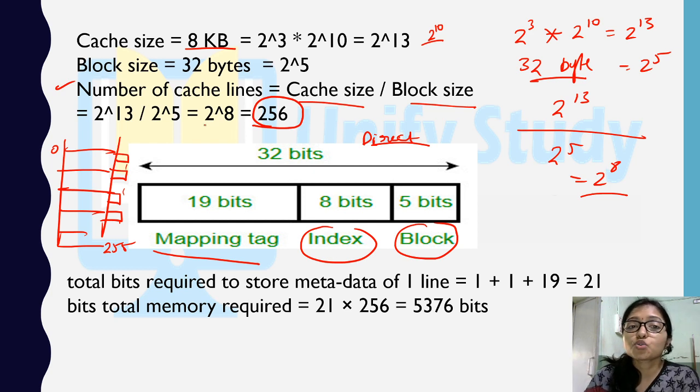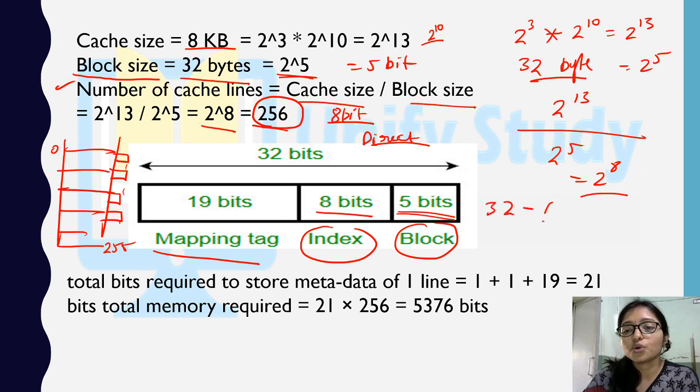As there is 2 to the power 8, meaning 256 lines, the number of bits required is 8 bit. 8 bit will be required to point out the block position. And the block offset bits come from the block size. What is the block size? Block size is 32 byte, so 2 to the power 5 means 5 bit is required here. So the total was 32, and here 32 minus 8 plus 5,